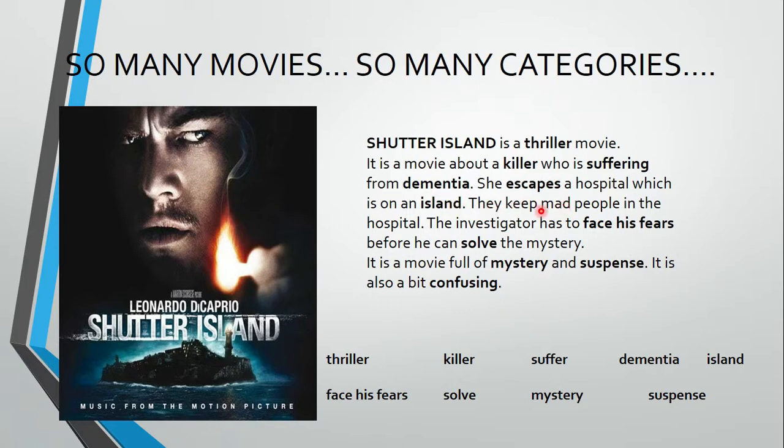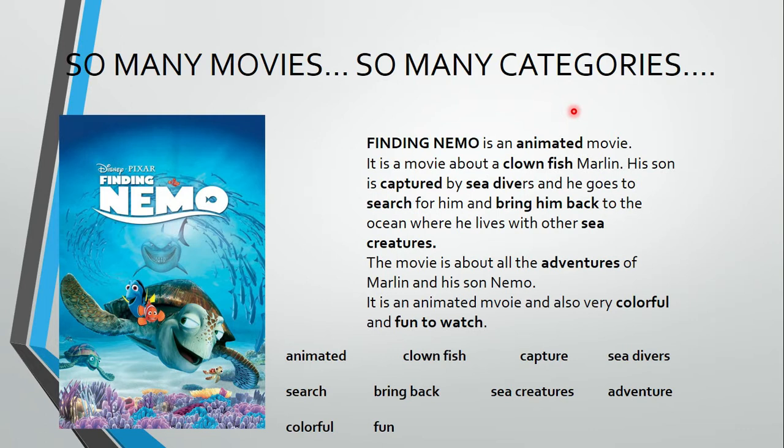They keep mad people in the hospital. The investigator has to face his fears before he can solve the mystery. So it is a movie full of mystery and suspense. And it is also a bit confusing. O sea, es un poco confusa la película, pero al final se resuelve todo. Por eso es un thriller, es suspenso. Todo se resuelve al final.